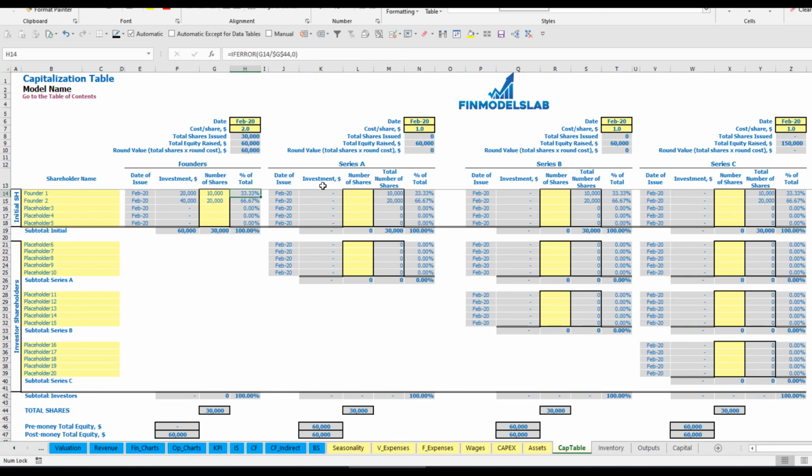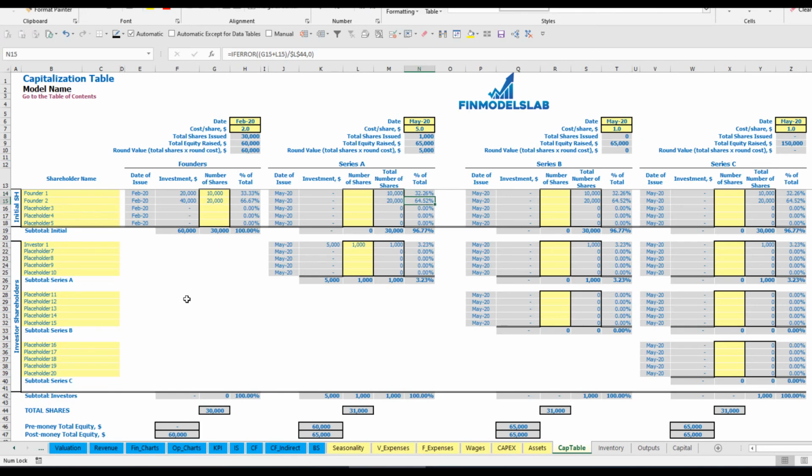67% of shares. So let's pretend that for Series A we have one investor and the date of issuance is May. Cost per share is $5 per share and number of shares is 1,000. So total amount of investment will be $5,000. You may see that before the Series A total equity was $60,000, after is $65,000, and investor 1 will have 3.23% of shares, and the shares of founder 1 and founder 2 also diluted, 32.26 and